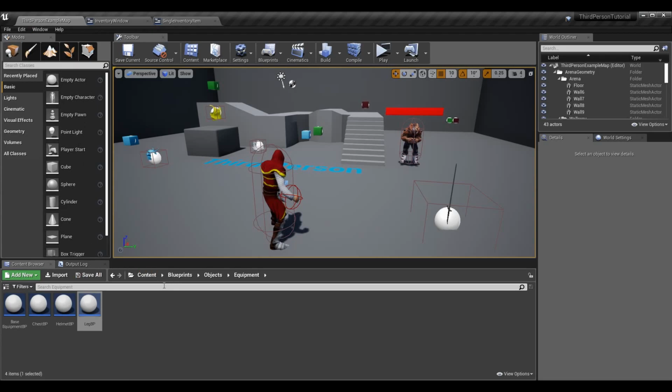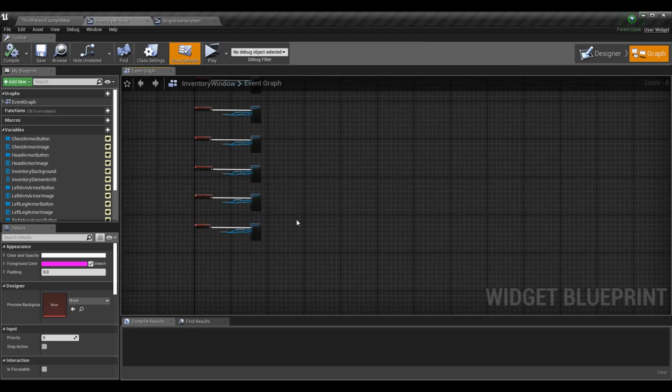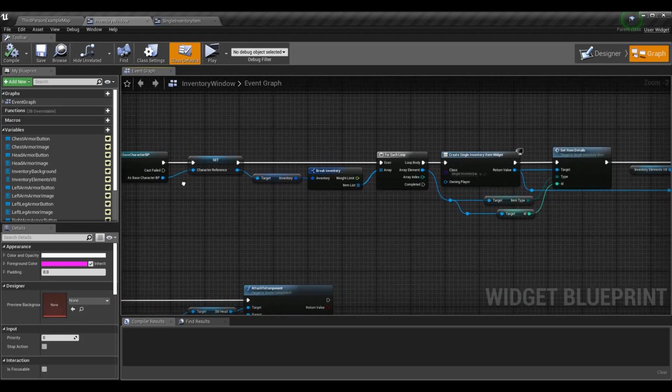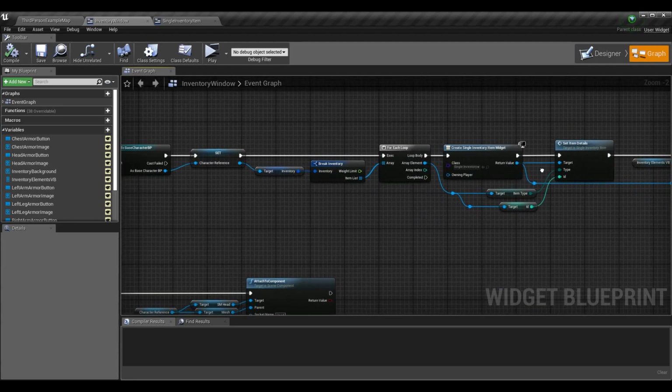All right. And at this point, I believe we're ready to cover the inventory changes. So they're going to be pretty broad. Luckily, they're only going to be in really 2 areas, but we are going to have to go through them. So I'm just going to walk through this again. We only made changes right here as far as the inventory window goes, but I'm going to walk through it again